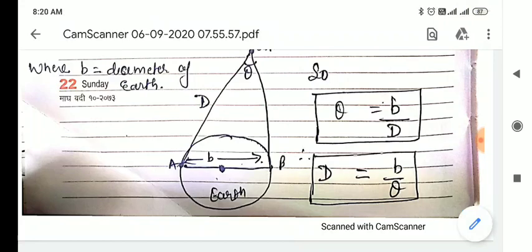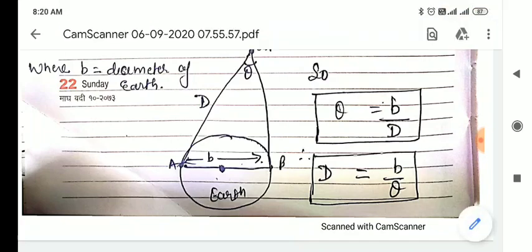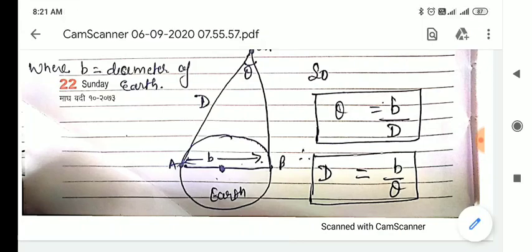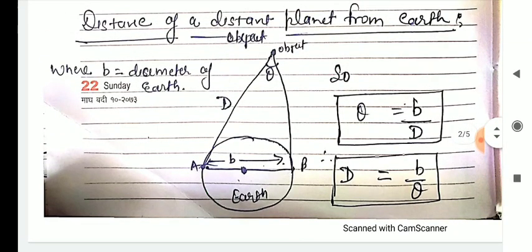Now the second question is that when we see the object, there will be an angle subtended at the object. How will we calculate the angle? Whatever angle is subtended at the object from O, A, B, that angle we can measure easily by using simple mathematical relations. And we can also calculate the angle OBA. So by using simple trigonometrical relations we can calculate the value of this angle theta.